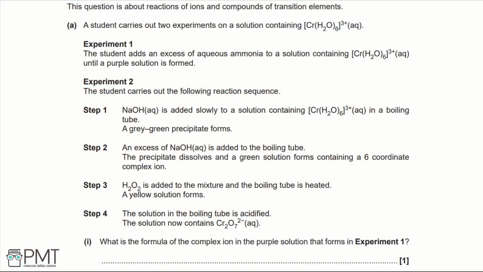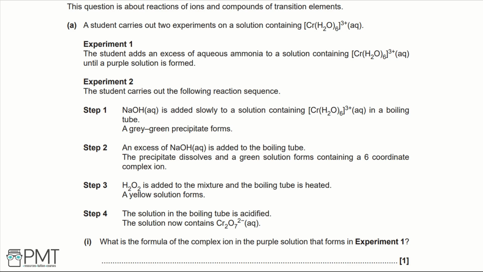This question is about reactions of ions and compounds of transition metals. Part A. A student carries out 2 experiments on a solution containing [Cr(H2O)6]3+ aqueous. Experiment 1. The student adds an excess of aqueous ammonia to a solution containing [Cr(H2O)6]3+ aqueous until a purple